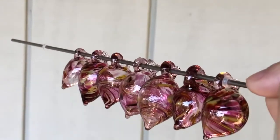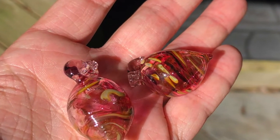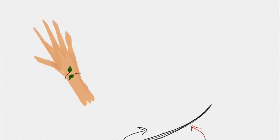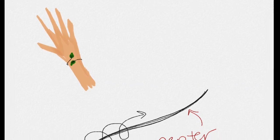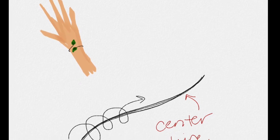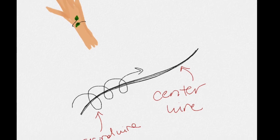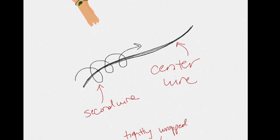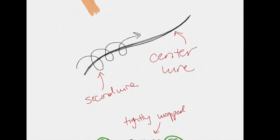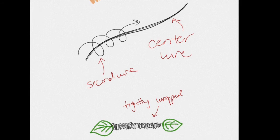And if you're into blowing glass, you can also blow your own small vases. I have another tutorial about blowing hollow vessels, and you can easily adapt those ideas and make your own small little vessels. Here's another idea you can use the glass leaves for. If you make them on the end of memory wire, you can then also wire wrap the part around the middle